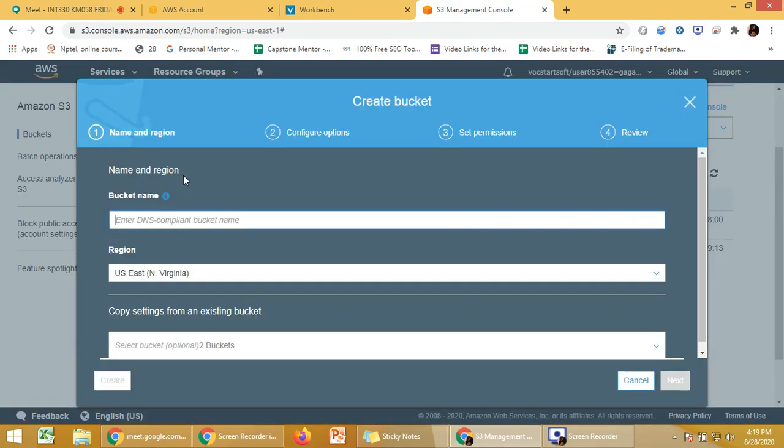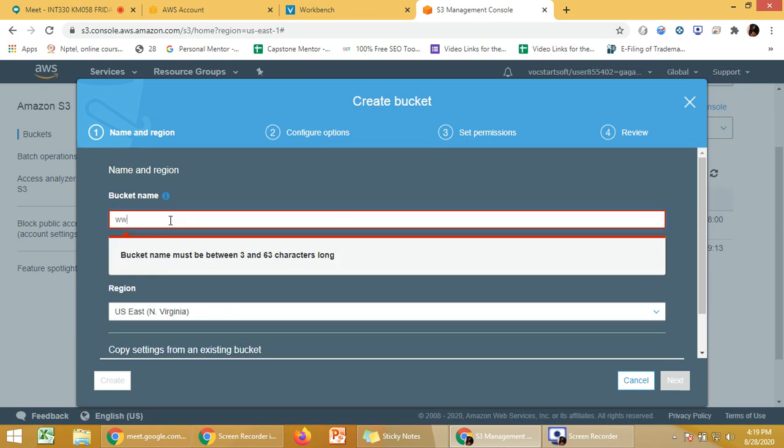Now after this, if we want to redirect the data, like if some user is accessing one bucket but I don't have my website on that bucket, I want all those requests to move from that bucket to the other bucket, so I can just create a redirection bucket at this place.